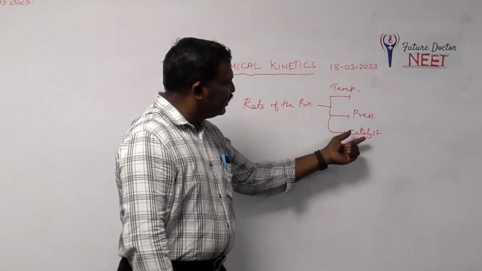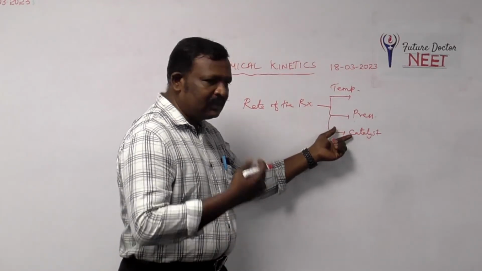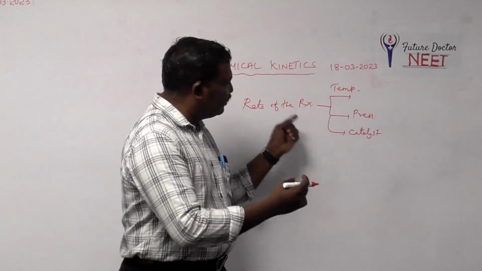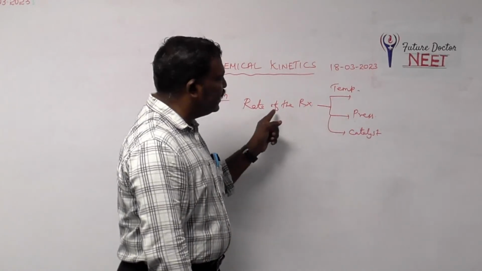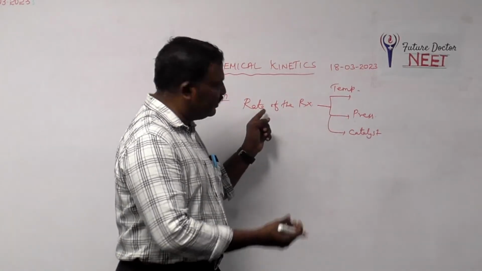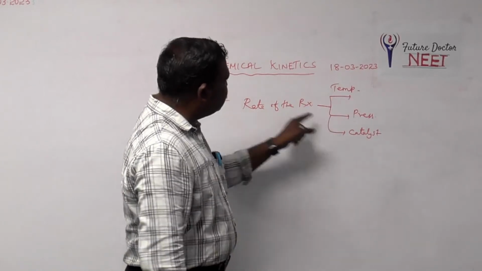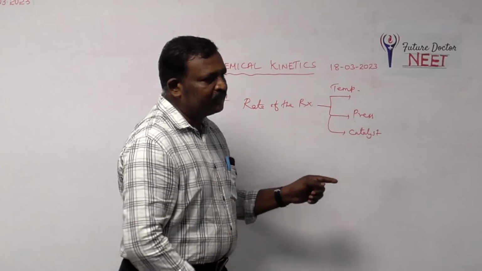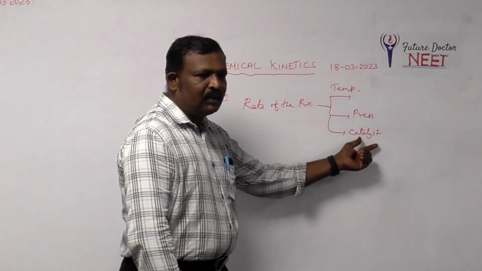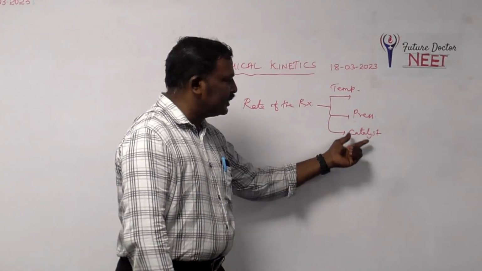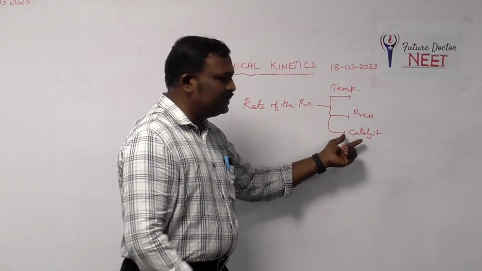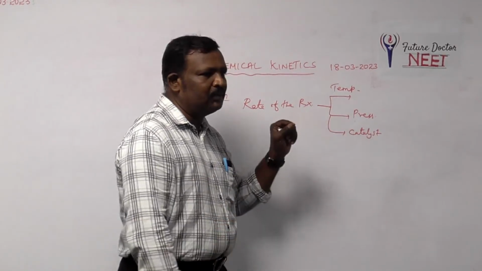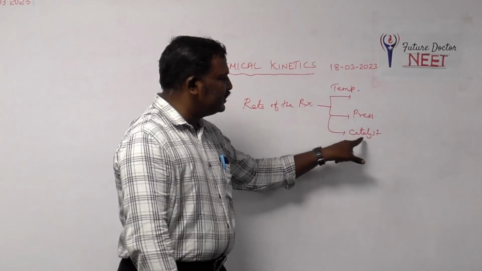Okay, that will act as a catalyst. A catalyst also increases the speed of reaction, but it does not participate in the reaction as a reactant. It combines with the reactant, and once the product is formed, it is separated. Understood? Suppose iron oxide, platinum, these all act as catalysts. Iron is used as a catalyst in the Haber process. Platinum is used as a catalyst in